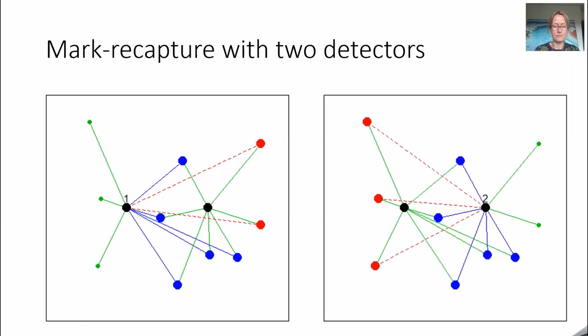We can do the same thing from the perspective of detector 2. Now it is detector 1 setting up the trials for detector 2. So those detected by detector 2 and by detector 1 are represented in blue, and those detected by detector 1 and not by detector 2 are shown in red now. And red and blue combined represent the trials, and blue represent the successes, and red the failures. So the green ones here represent those animals only detected by detector 2, which we don't worry about in this